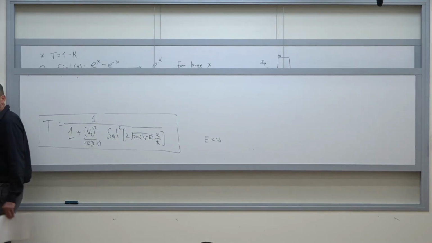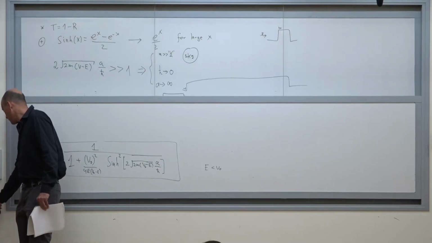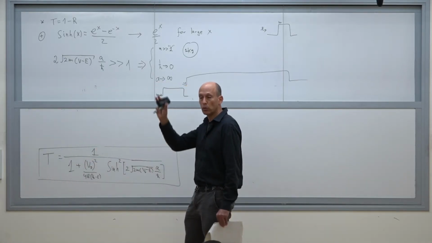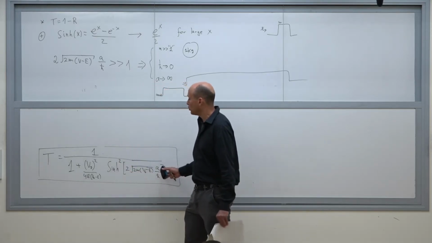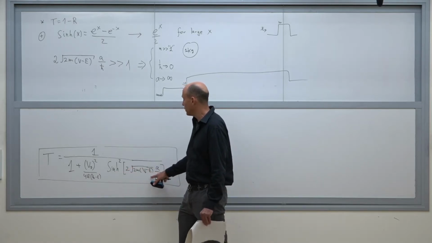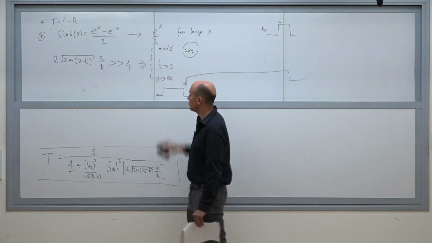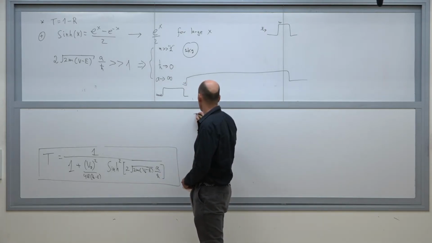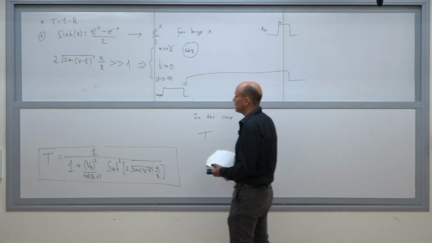But we can go one step further. So in classical mechanics, T is 0. But now we can say T is small, but what is it exactly? We can do this, and this we simply do by taking this sine hyperbolic and we're going to approximate it by exponential of this guy over 2, all this squared. Okay, so you understand from this asymptotic limit. So when that condition holds, then in this case, the transmission coefficient is small, and it's given by,